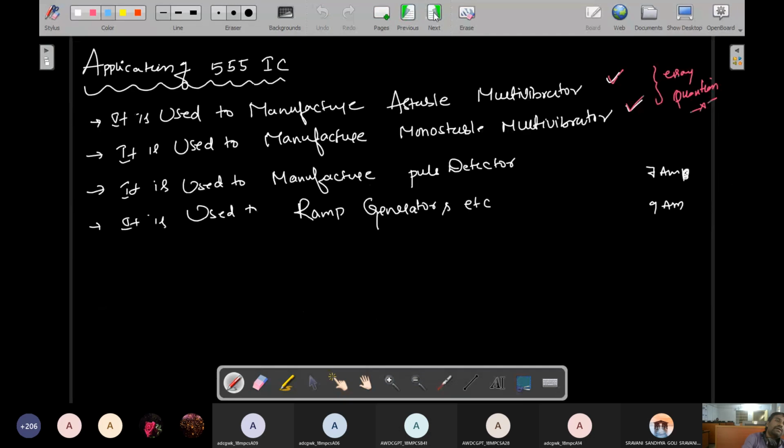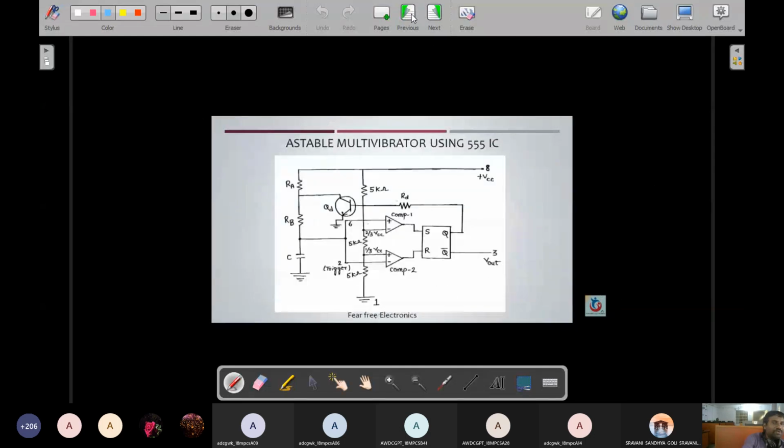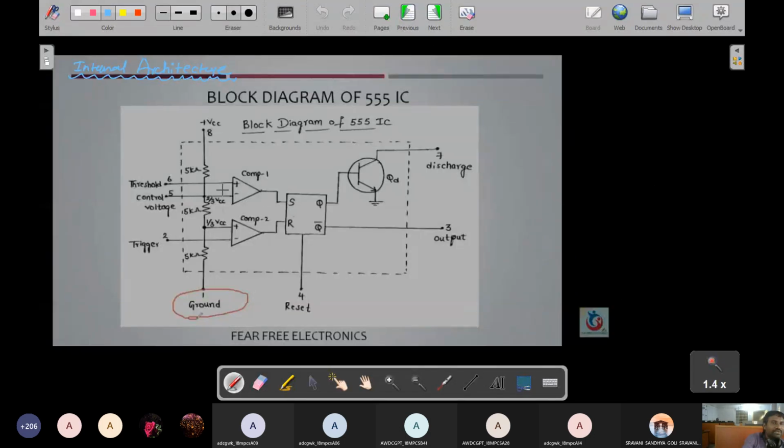In this case, I'll explain this theory. So here, a 555 IC is there. This is the box, and inside this box these components are there. The dotted line represents the 555 IC architecture. Inside this architecture, actually this is a potential divider, between plus VCC, the 8th pin, and the first pin. In between the 8th pin and the first pin they connect 3 equivalent resistors of 5 kilo ohm. See, I draw that circuit diagram here once again. So here I draw that potential divider.